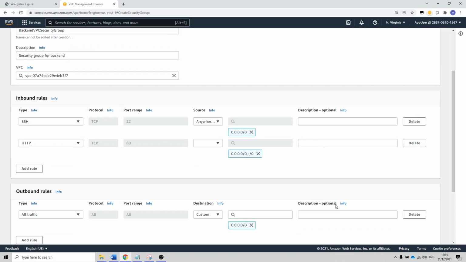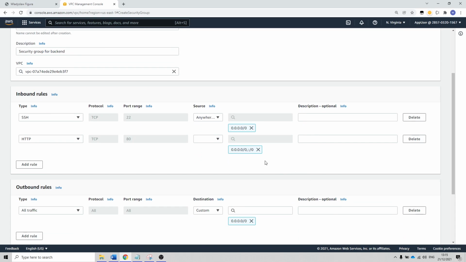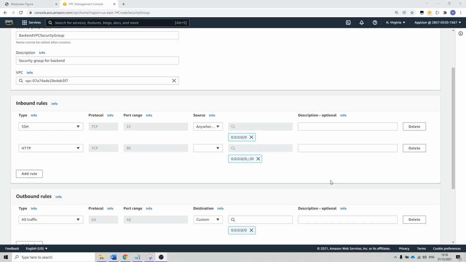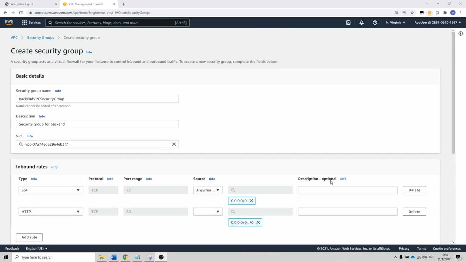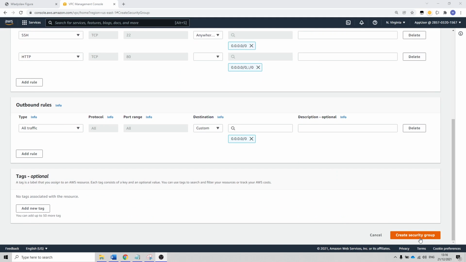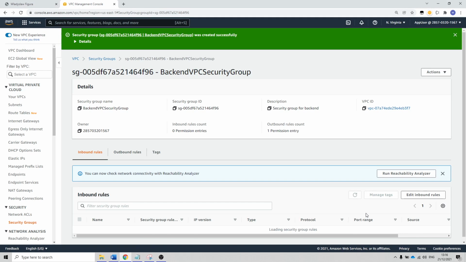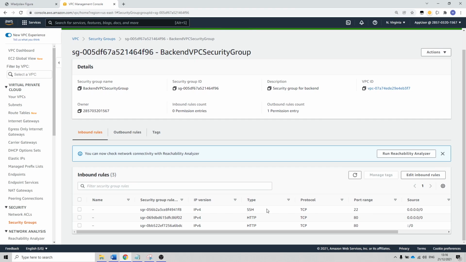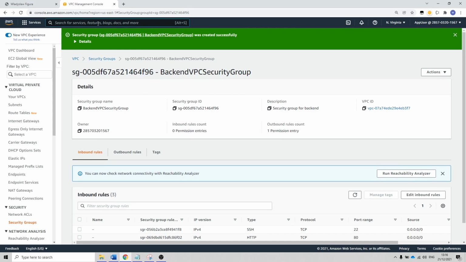Okay. So that's it. Our inbound rules are ready. Create security group, of course. Yep, so we've got our three inbound rules. So now we can go to EC2,